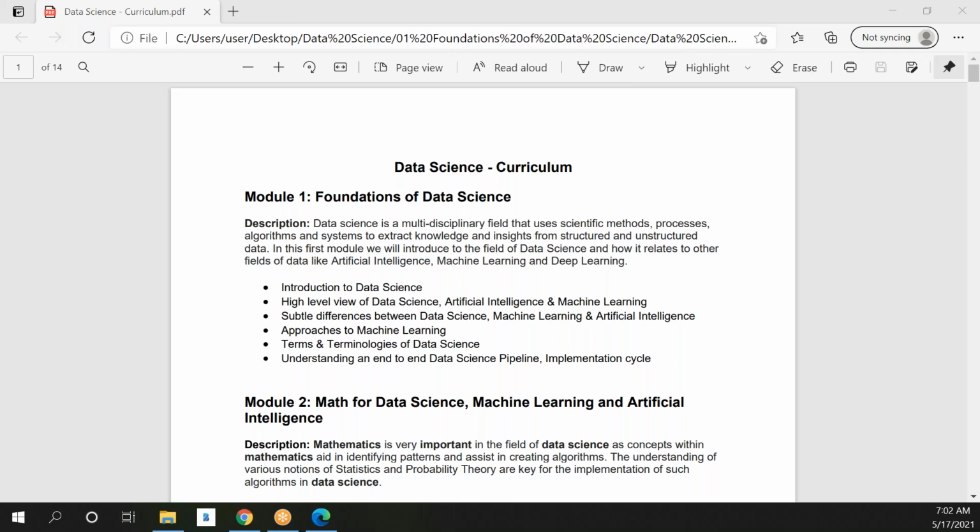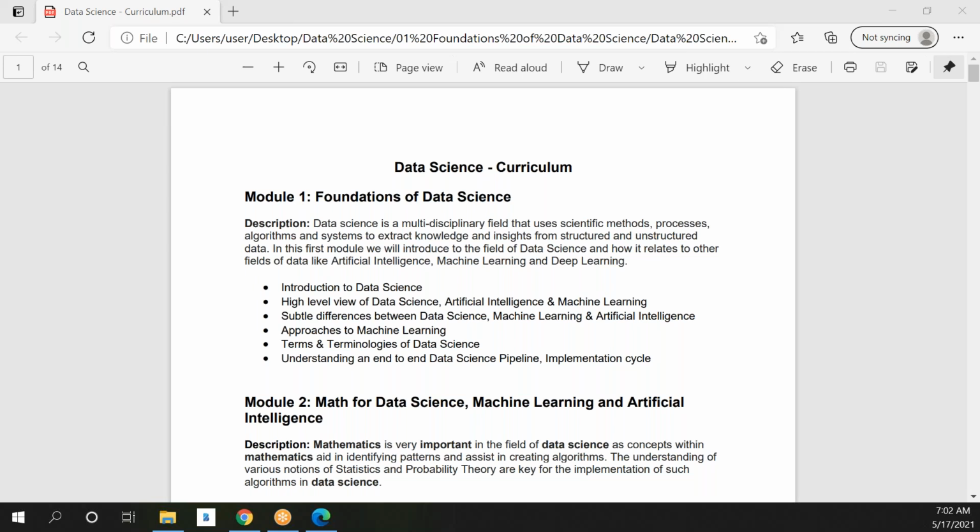So in the demo session, we were looking at the end-to-end understanding of data science. Today, what we'll do is we'll try to look at the entire curriculum. We will see what are the different modules which will be used, what will be the things which will be covered throughout the course. We will also concentrate on what are the projects. So I said that this is a project-oriented learning. So we will see what are the different projects which will be covered and how the entire course is